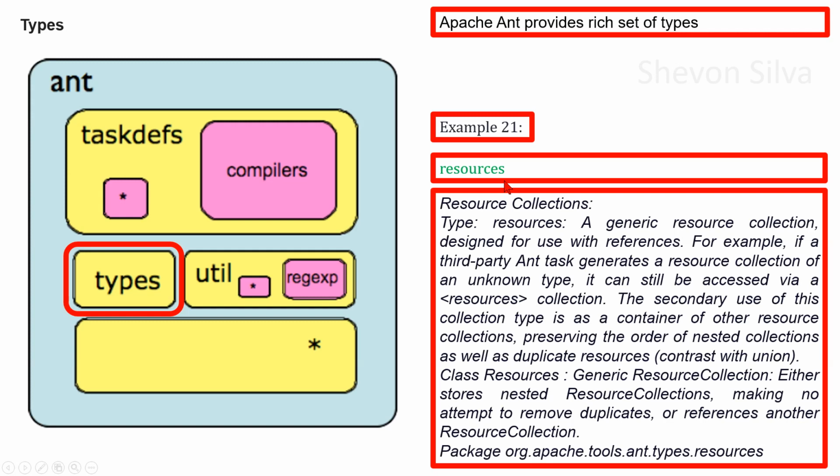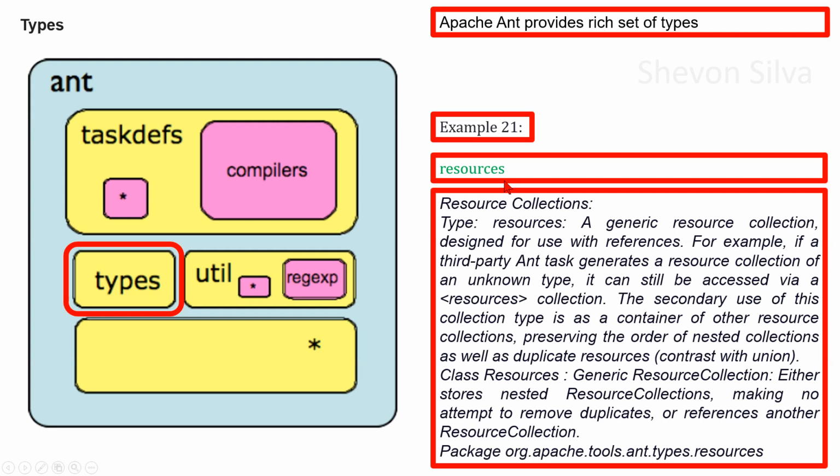For example, if a third-party Ant task generates a resource collection of an unknown type, it can still be accessed via a resources collection. The secondary use of this collection type is as a container of other resource collections, preserving the order of nested collections as well as duplicate resources, in contrast with the union. With regard to the API, we can consider class resources, generic resource collection,